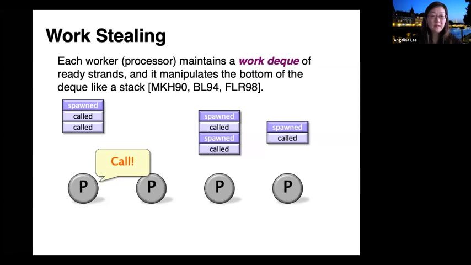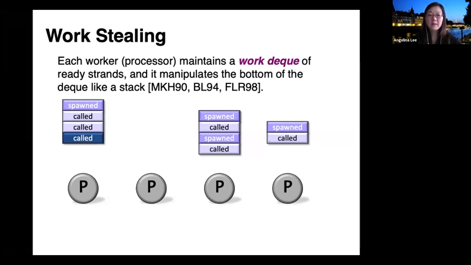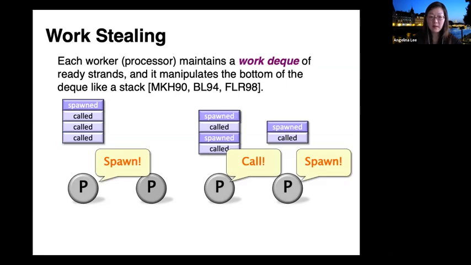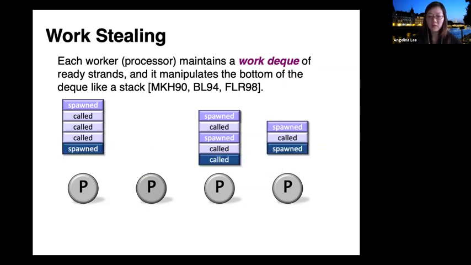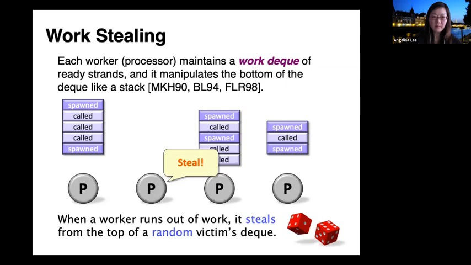Well, for example, if a processor executes a function call, that call frame gets pushed onto its own deque, because now that worker is in some sense responsible for executing that computation. Similarly, if a worker spawns a subroutine, that also gets pushed onto the bottom of the deque. Notice that all the workers can operate independently on their own local deque.